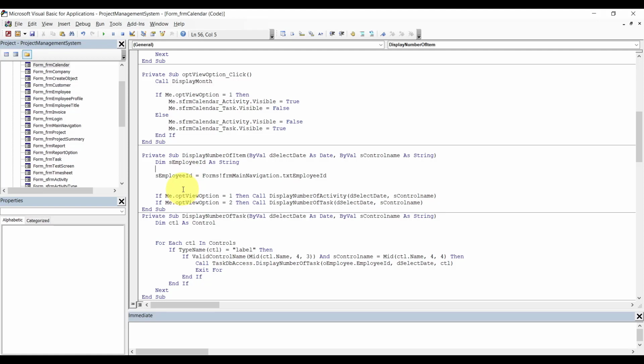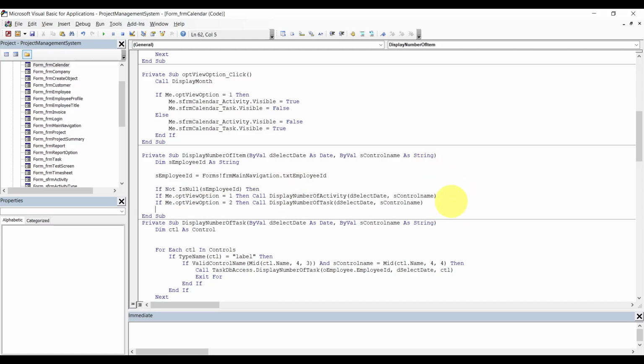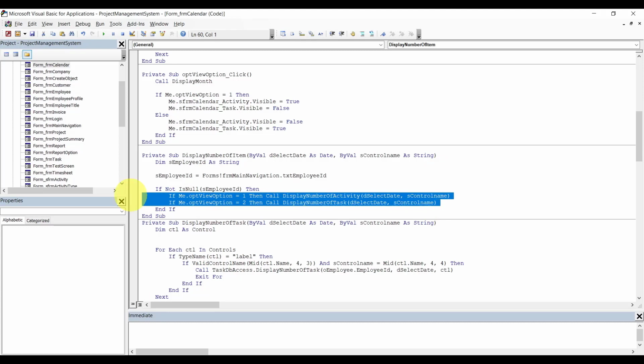Well, let's do this first. If it doesn't work, I'll show you how to fix that. See if this will work. If not is null, yeah, I don't think you can set a null value. So if it's not null, we want the calendar to do this. Now, if